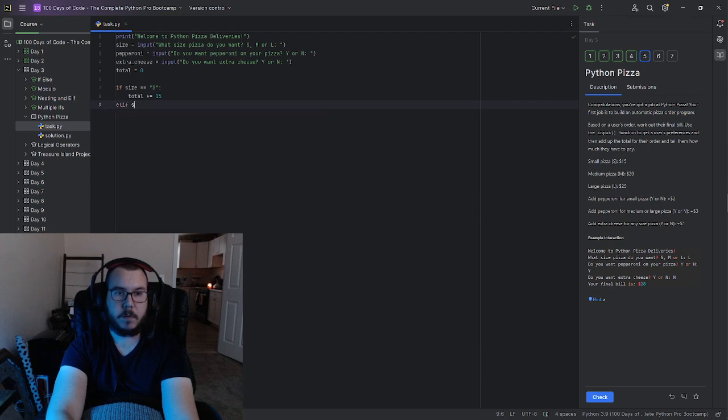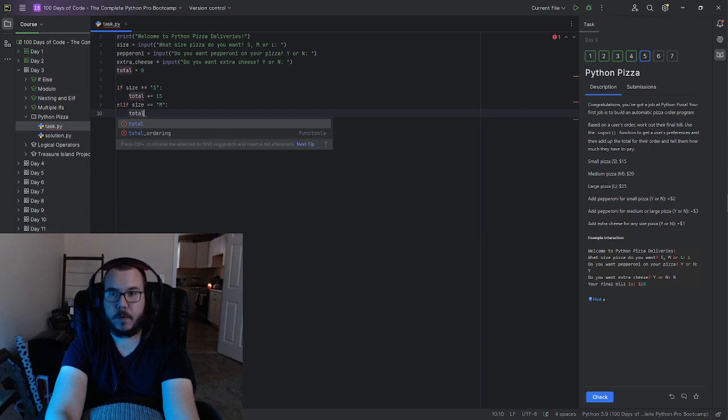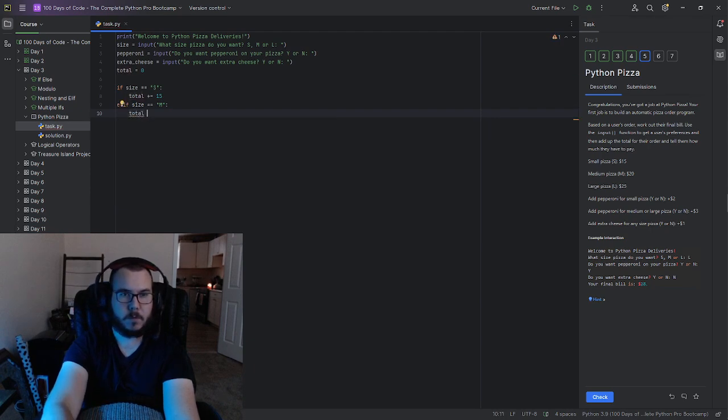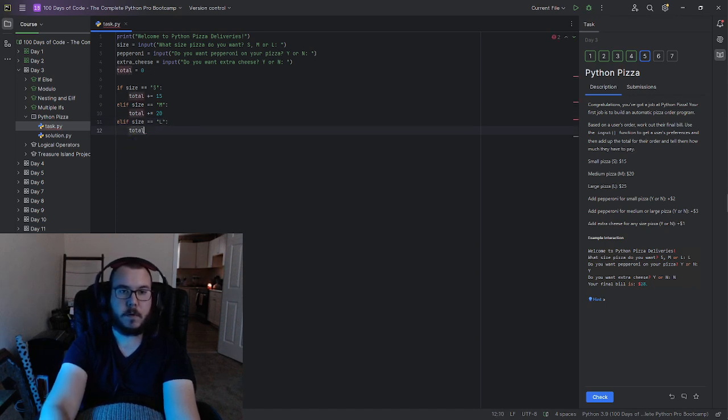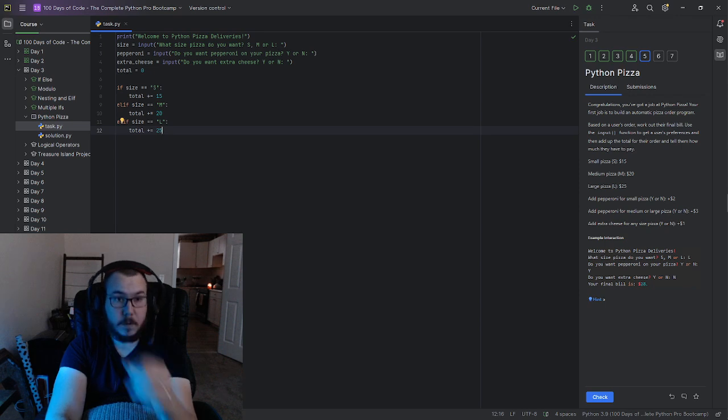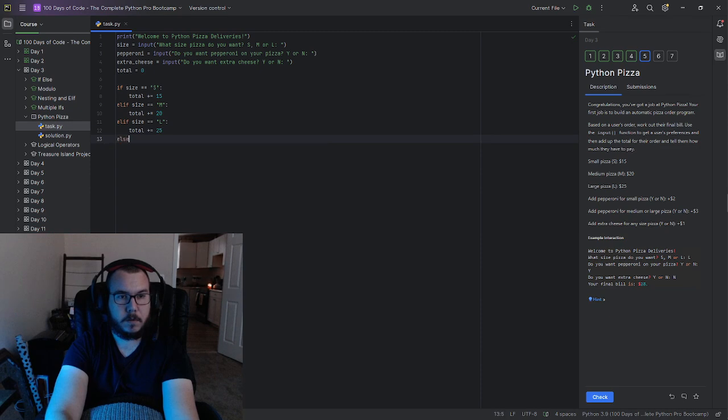Now if size is equal to m, our total is going to plus equals 20. If size equal to large, plus equals 25. And I did that as an elif because else,